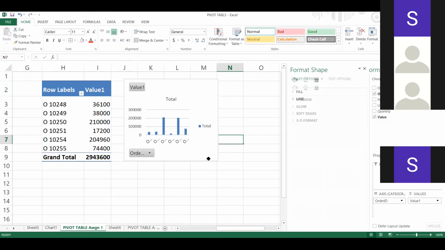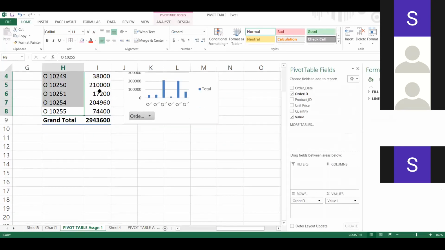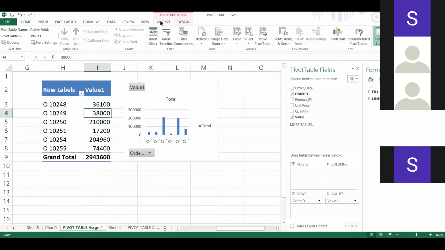Now I'm adding one slicer and one timeline here only. So how to add the slicer? Snigdha? Hi. How to add the slicer? Go to analyze, insert slicer.